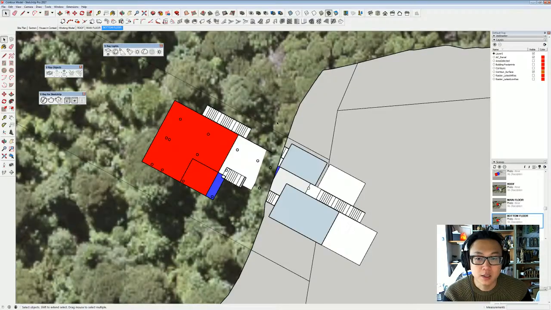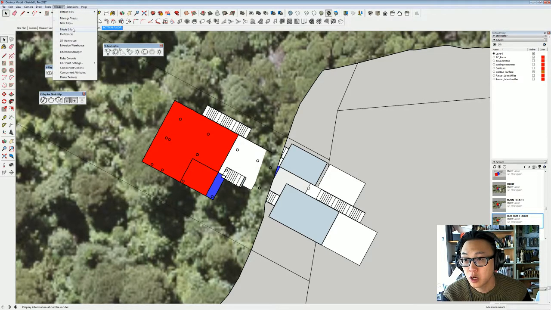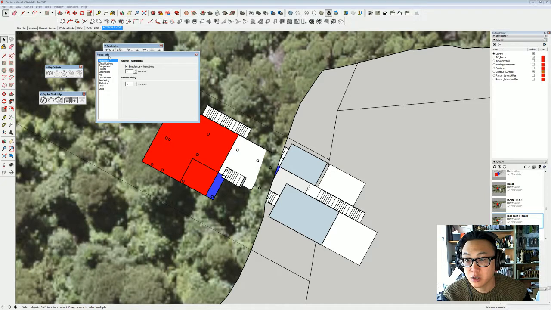But let's say we have more than one. In this case, we have 3. So another little trick that I found is if you go File, Export, but before you do that, you have to go to Model Info, Animation, and make sure the Enable Scene Transition is set to off, because otherwise you will export the transition images, and we don't need that. Press OK,